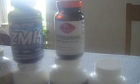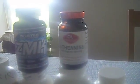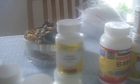L-theanine really helps out my mood. It just really is surprisingly calming, especially when you're dealing with hormone issues. And then last but not least, natural astaxanthin. That's what I used in the summertime to help my skin deal with sun exposure, which I try to